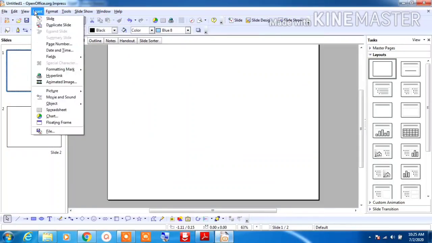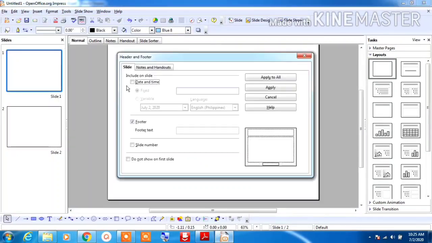Go to the Insert tab, click on the page number. Here the header and footer screen appears. Now click on the date and time. It is fixed or variable. Fixed means it will show according to the system time.